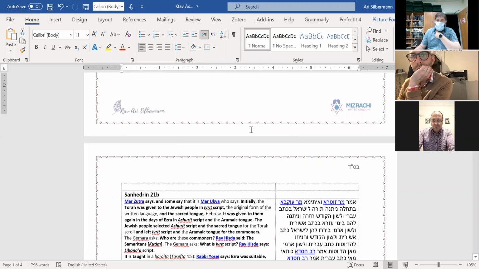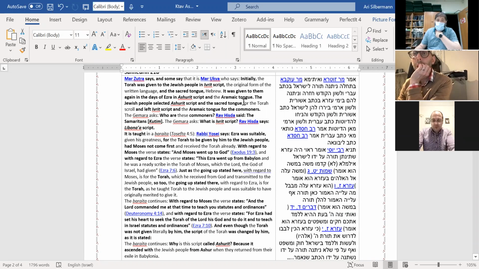When we're talking about the Torah here, not only the Luchot, the Aseret Dibrot, we need to think about how it looked, what it looked like. There's also a question on the form of the actual Luchot, but that we'll leave for another time, perhaps. In the days of Ezra, it returned to them in Ashurit script and in Aramaic tongue, but we're not talking about this too in depth.